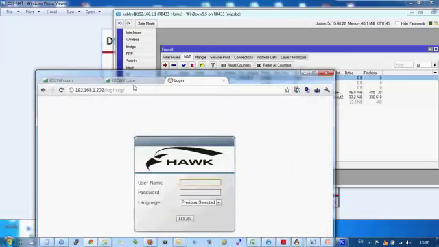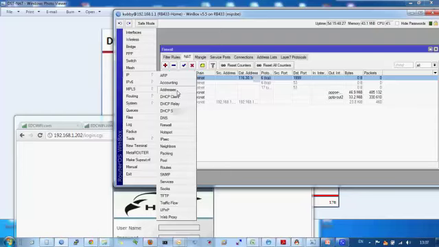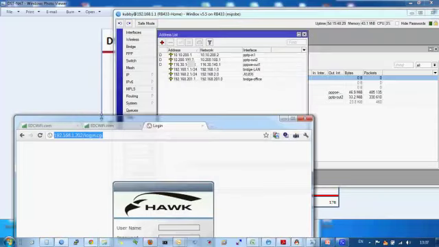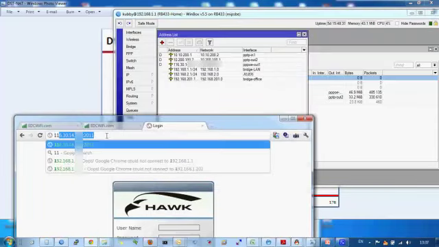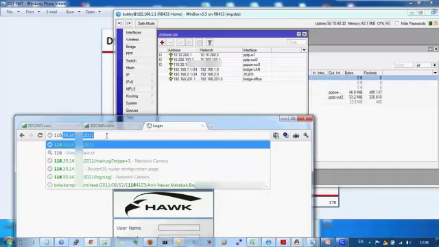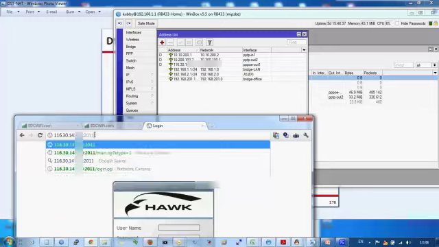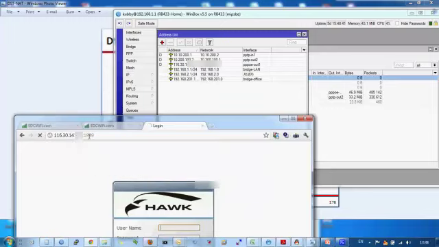We can open it, and then we try to access the camera using the public IP address. This is my public IP address. Right now it is 116. Okay, I will input my public IP address, and then I will input the port. It's 1999.